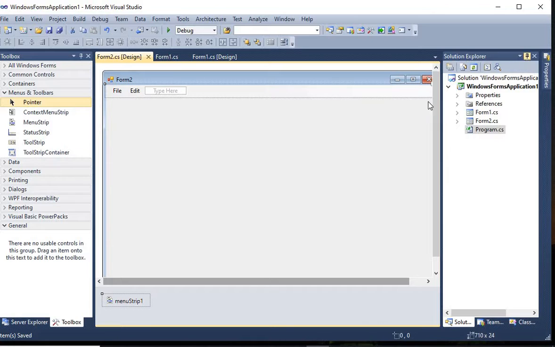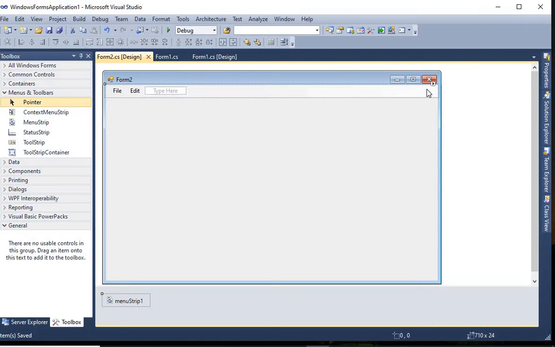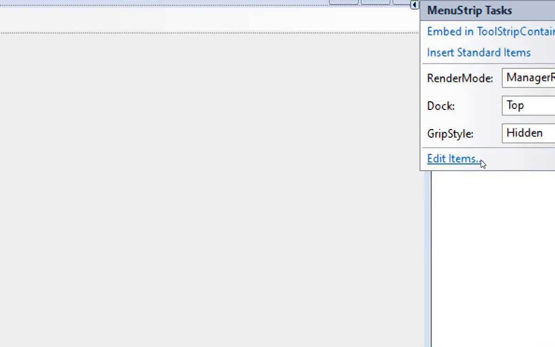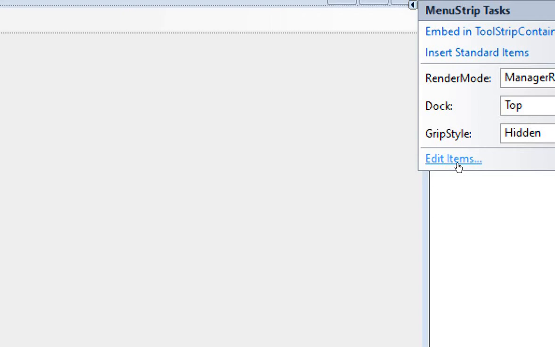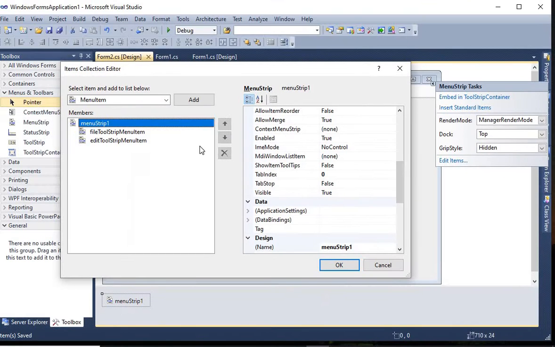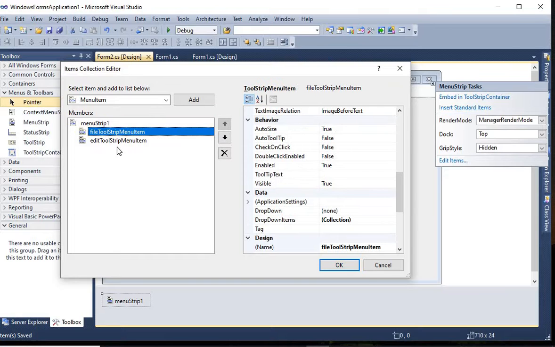And in another way, here you can see an icon. Click on it and select the property Edit Items. From that also you can define your menu.